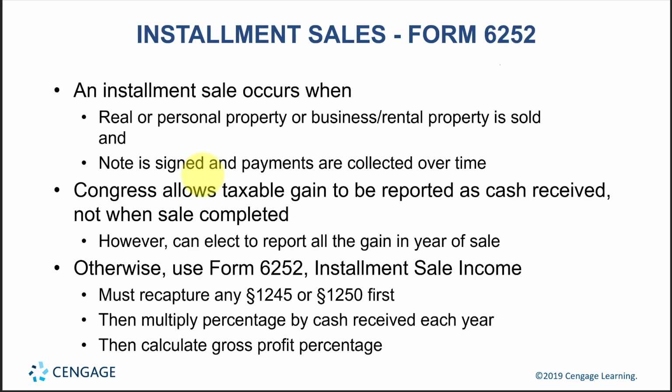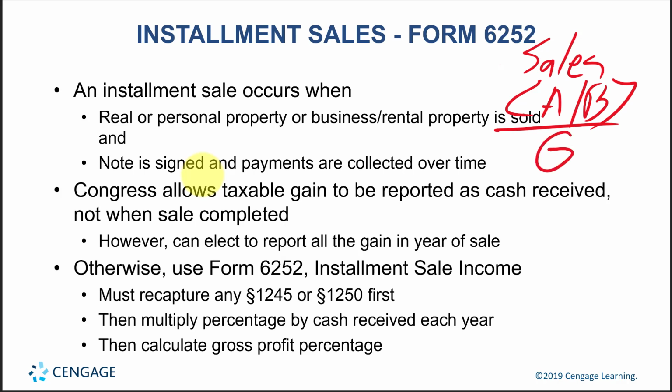Let's talk about one more way of selling property. So again, the formula was sales price minus the adjusted basis equals, in this case, we only look at gains. And we would have to report tax on the gain. But let's say that you don't collect all of this sales price at the time you sell the property. The general rule is that you may have to report all this gain here and pay taxes on it. So to avoid that situation, where we don't have money to pay taxes,